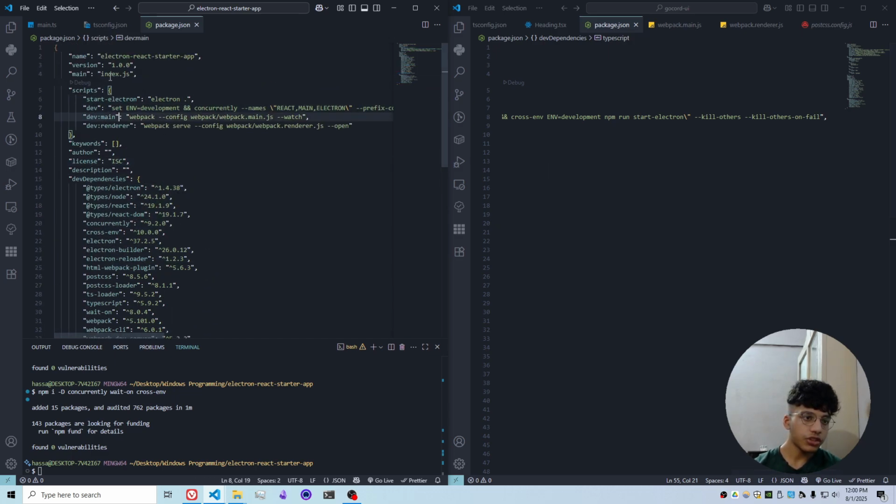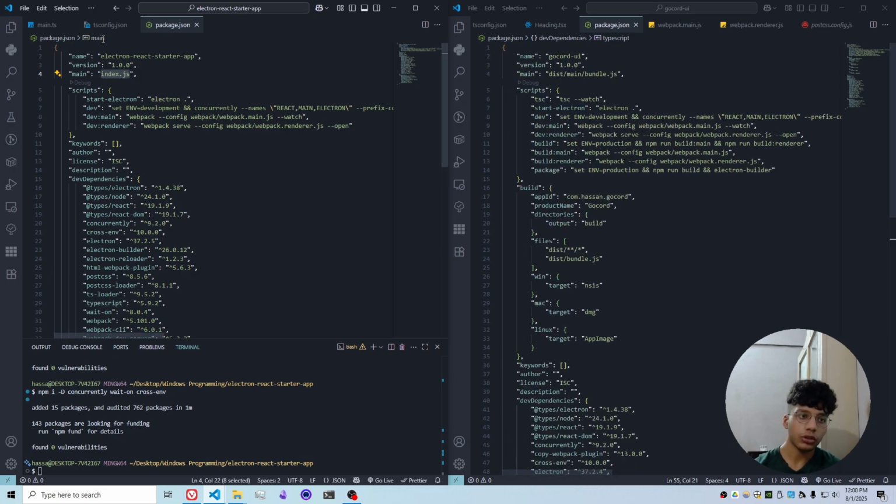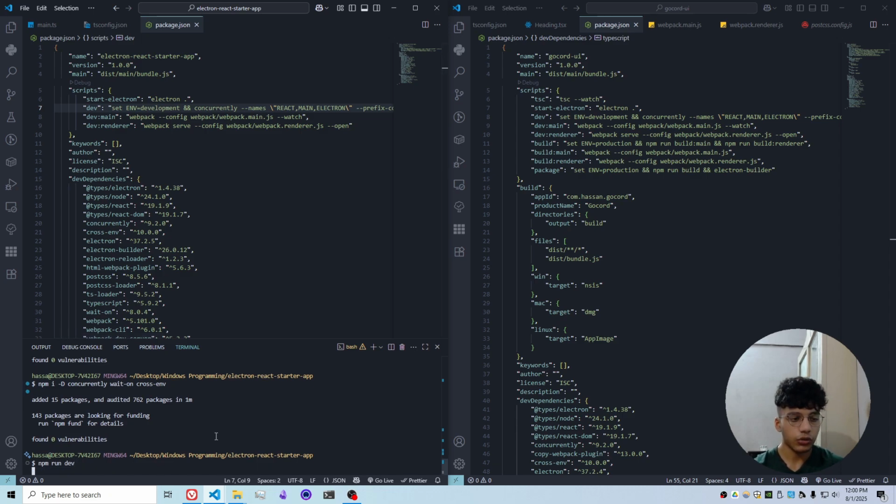By the way, we need to change this main entry point here to, what was it? This main bundle.js. So when we compile the Electron application, it's going to run the application from this point. So this is going to be hosted in this main bundle.js. There we go. Awesome. Now we have the development side of things all set up. So we can actually try and run this and just see if we did everything correctly or not. If I just run npm run dev,